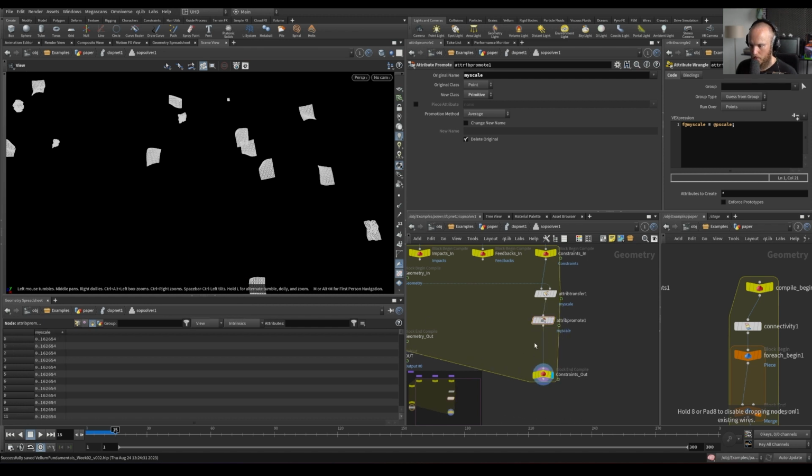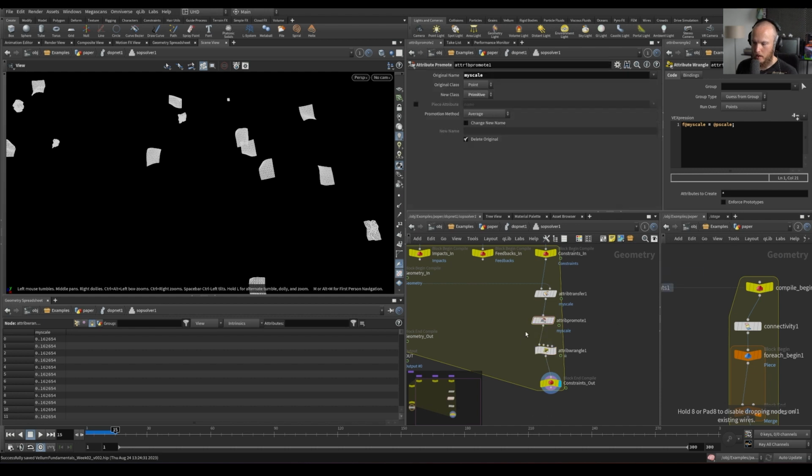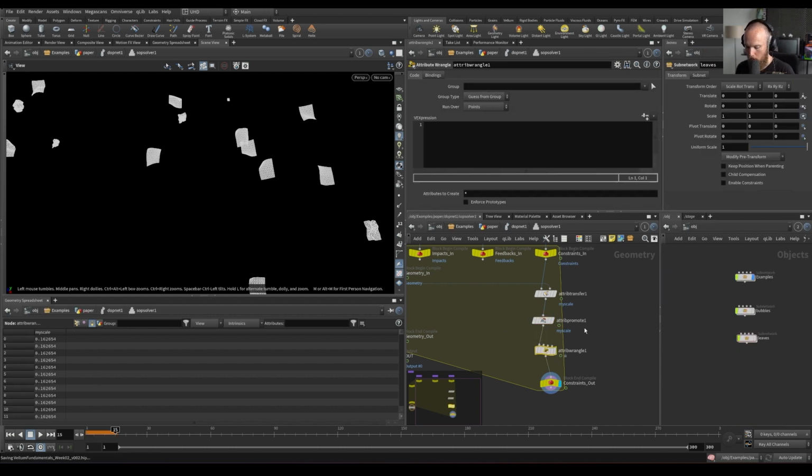And now what we can do is increase or decrease the constraint size, depending, like, we can scale it by our pscale. Thing is, we only want to do this once. So we need to initialize an attribute that says, all right, if this attribute exists, don't do it again. So I guess I add